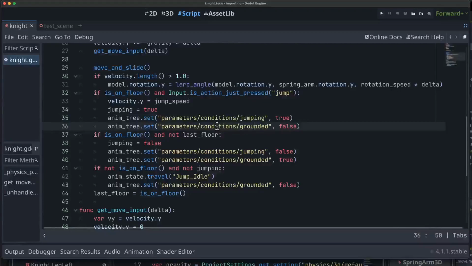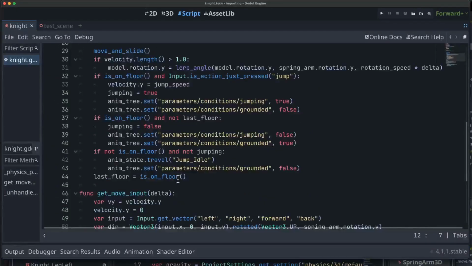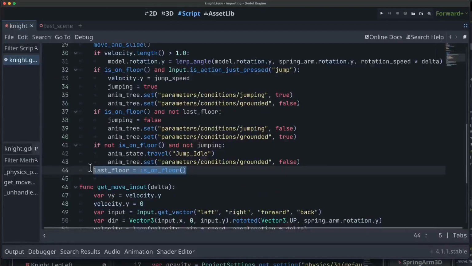Now the thing is, we need to know also what our is on floor status was the previous frame. So we've added a variable here called last floor that we're going to set every frame to be is on floor. And that way we can detect if we're on the floor now, and we weren't last frame, then we finished jumping. So we should set jumping to false and set grounded to true, which is going to trigger that transition to